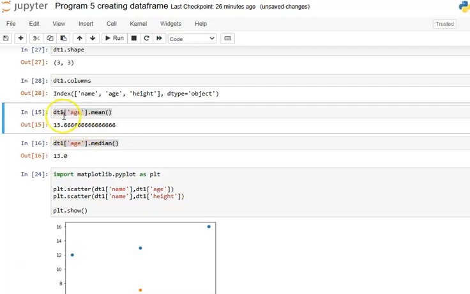The syntax is dt1, which is a data frame. In the bracket, the column for which you want to find the mean, and .mean followed by the parenthesis. Similarly, we have the median function for finding the median of our column. Then I am using the